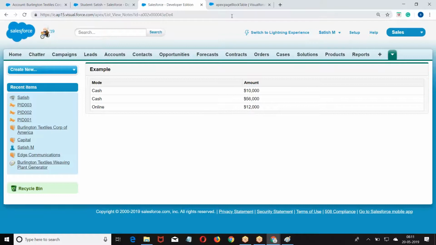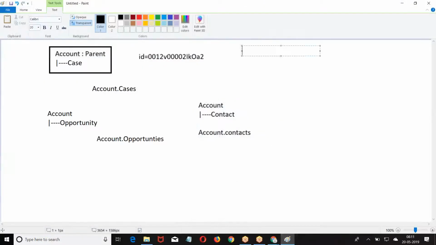Now, if it is a standard relation, it is parent object dot child object plus S. If it is a custom relation, it is parent object dot child object plus S underscore R. If both of them are connected by a Salesforce defined relation, it is child object name plus S. If it is a custom relation, child object name plus S underscore R. I hope you are good with this.